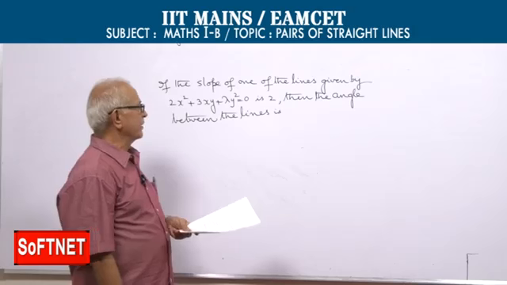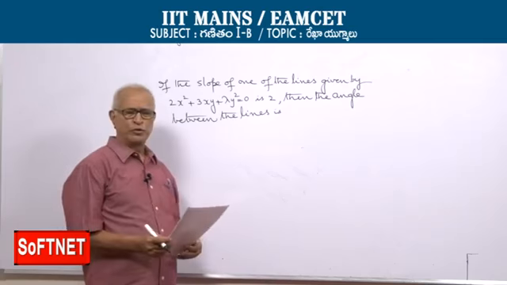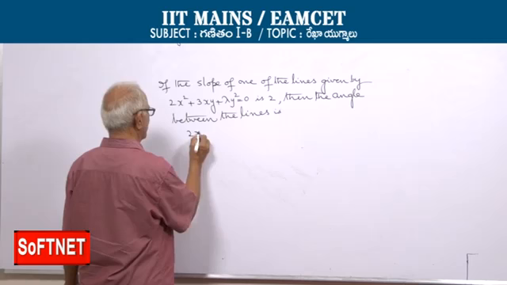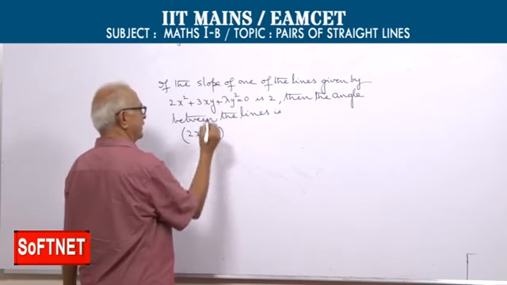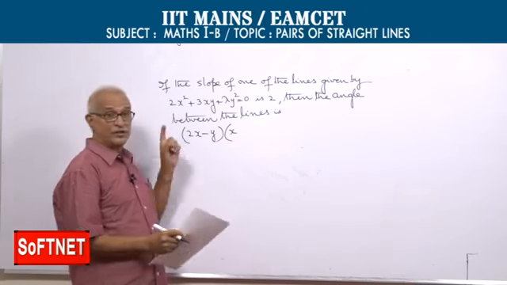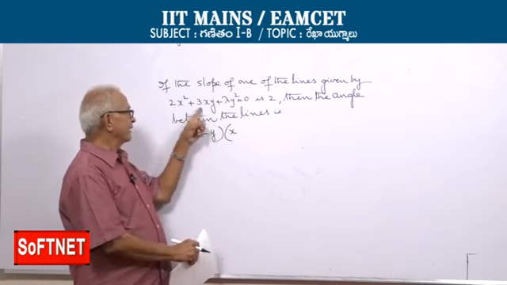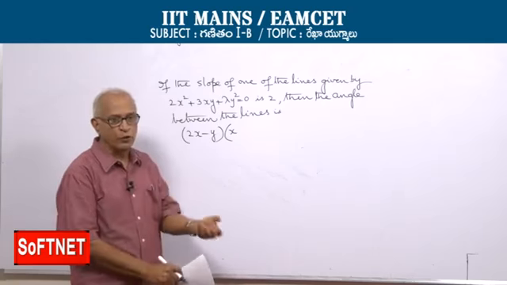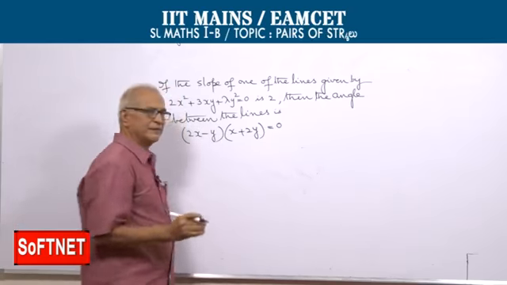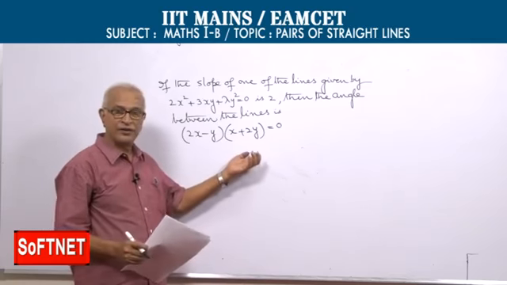What is the angle between the lines? Well, both the lines pass through the origin. So if one line has slope 2, the equation of that line is of the form y equal to 2x, or 2x minus y. So 2x minus y is one of the factors of the left hand side. The other factor must be x, because 2x into x is 2x square. Carefully follow the factorization. Minus xy and this is plus 3xy. So we need plus 4xy. Plus 4xy can be supplemented by plus 2y. Follow? I am just managing without finding the value of lambda by using the technique of factorization.